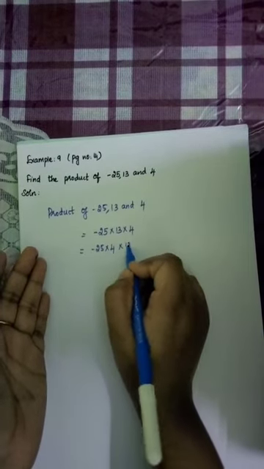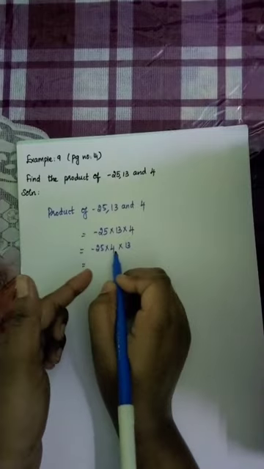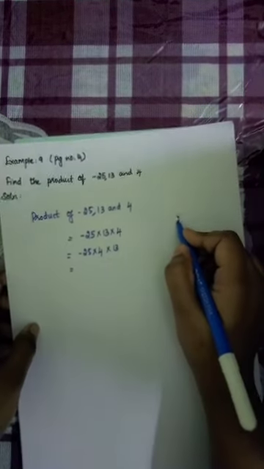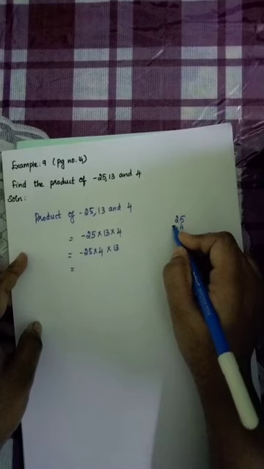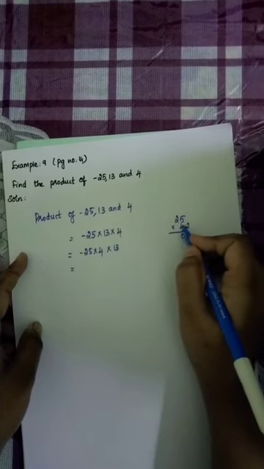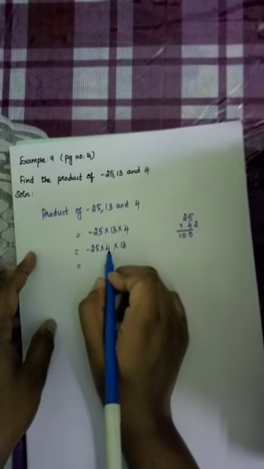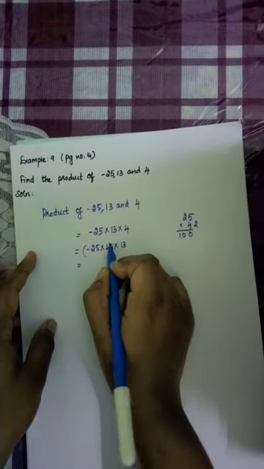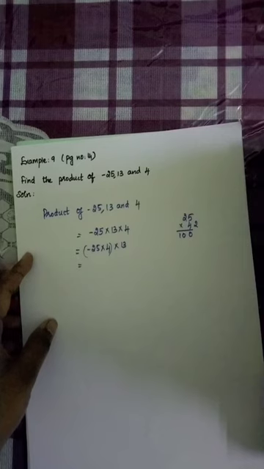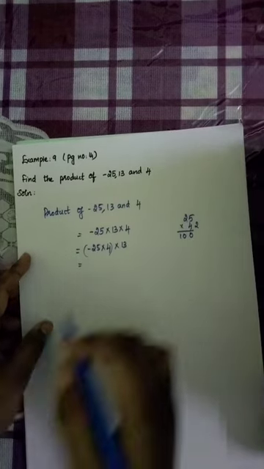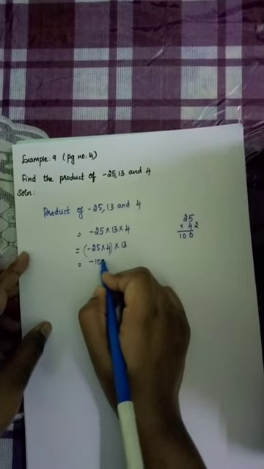Then I am multiplying with 13. First I am multiplying 25 and 4. What is 25 into 4? 5 4s are 20, balance 2, 4 2s are 8, 8 plus 2, 10. So it is minus 25 into 4. What is minus 25 into 4? Both the signs are different, so we need to put the negative product. So it is minus 100 into 13.